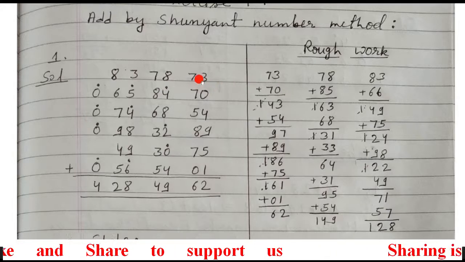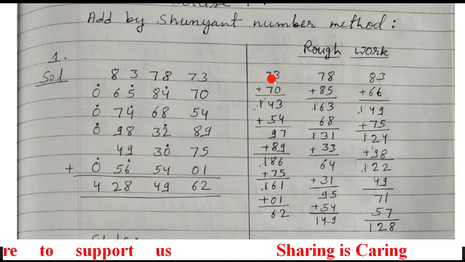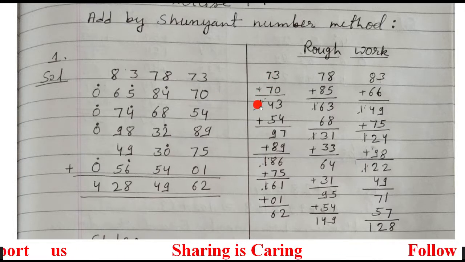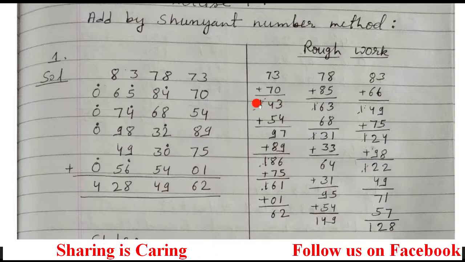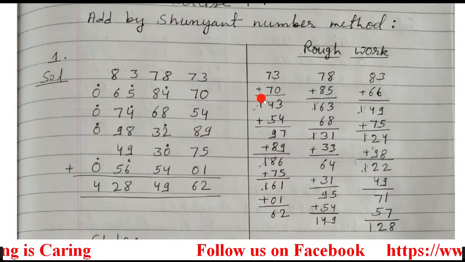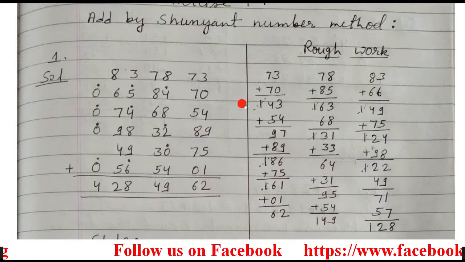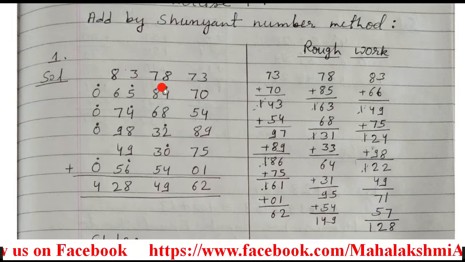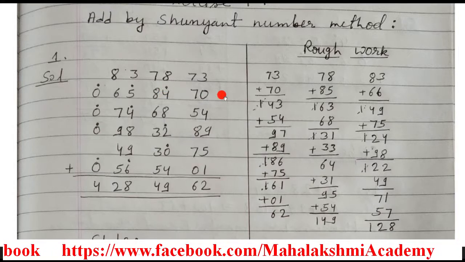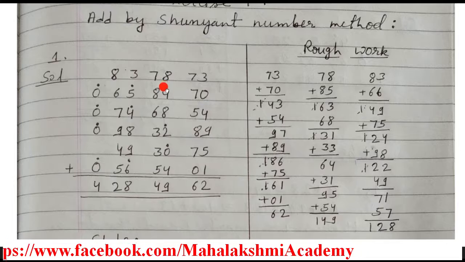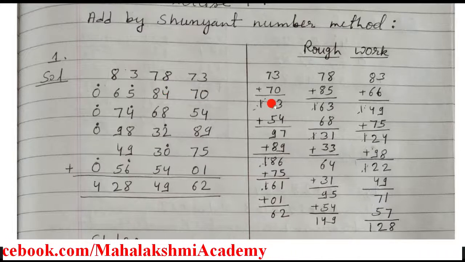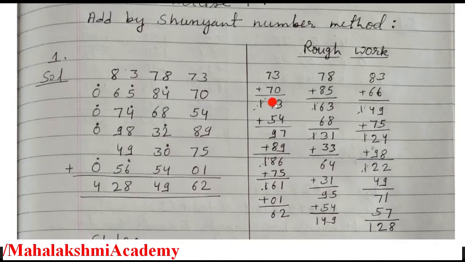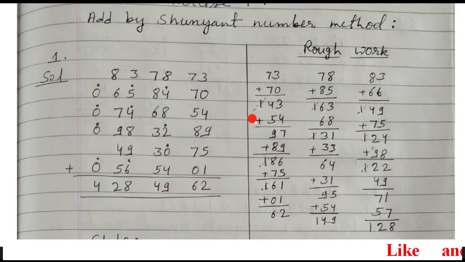So first we'll add 73 and 70. When we add it, the answer will come 143. So here this one we partially cut it, and before 70 the number written is 4. So you have to put the Ekadika dot here. So this one came here as Ekadika dot. Now for further addition, we are left with only 43. Now what is the next number? 54. So 54 will come here.